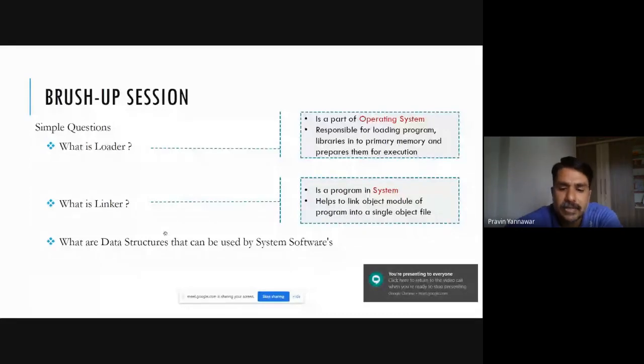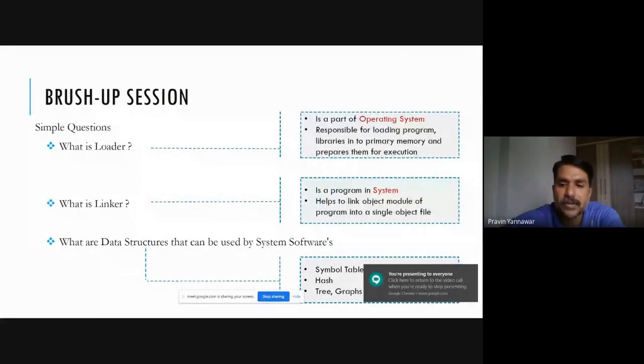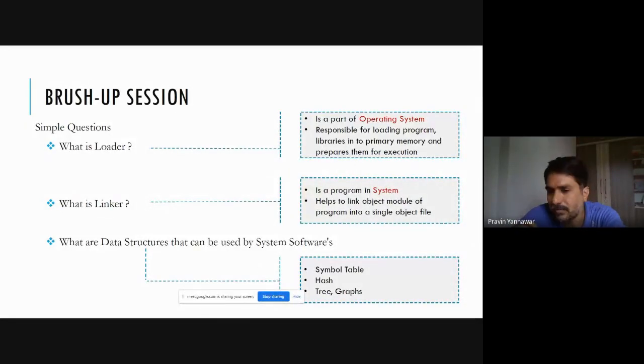See, we are learning this compiler as a subject. So here there are several things that you need to understand, right? And without data structures, things cannot be completed. So the data structures that we are going to have is the symbol table. We wanted to use hash. We are in need of trees. We are in need of graphs, right? So other than that, whatever the basic data structures are concerned, they are also being used, right? So these are the data structures which we are going to use in our mechanism.